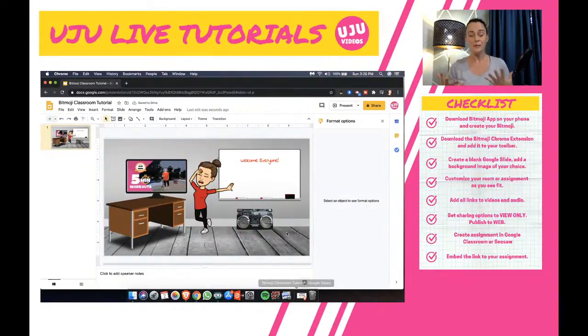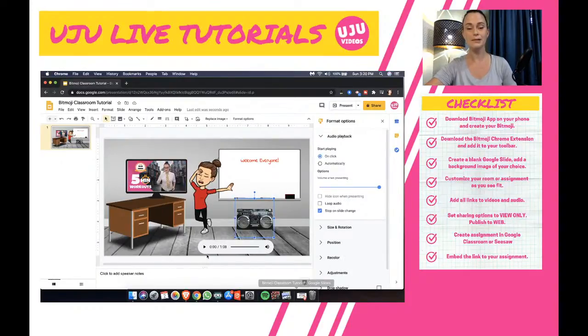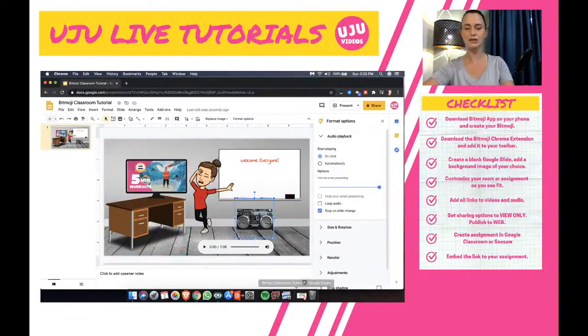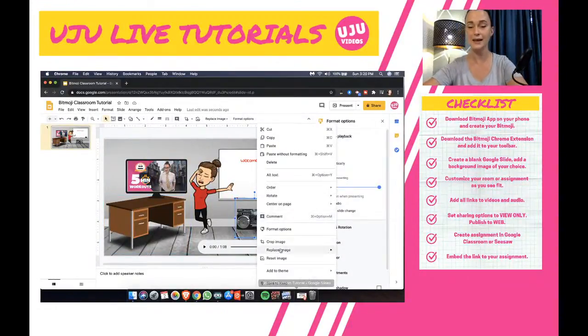All right, so now we have our boombox, and if a student clicks on the boombox, they're going to be able to hear your song or the audio that you put in. One good idea that I like with this as well: let's take this and change it. We'll go back and right click on it again. We're going to replace this image